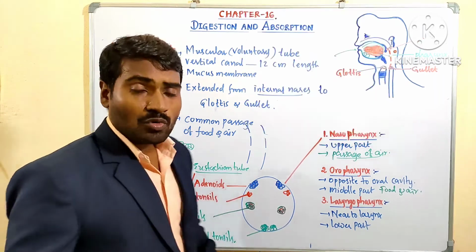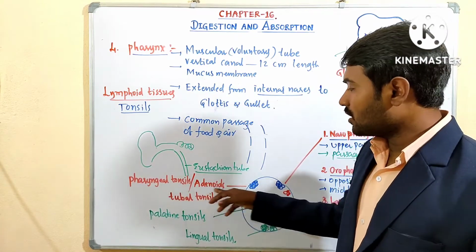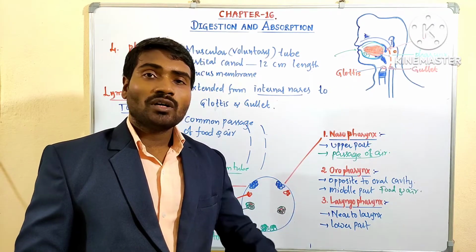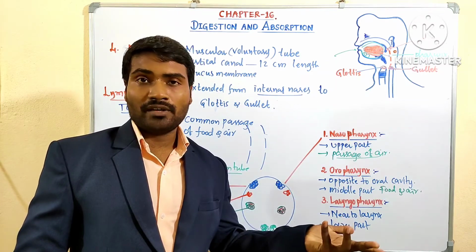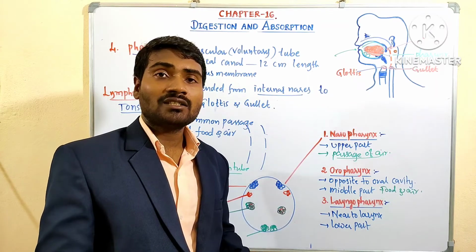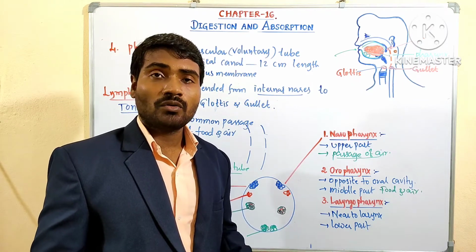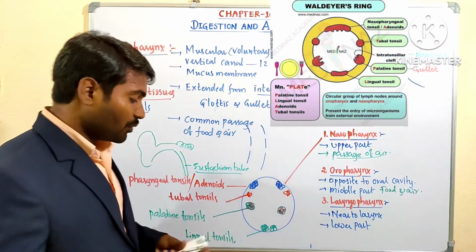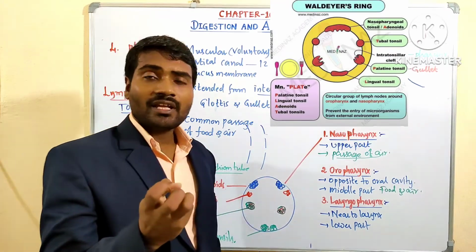Almost all the tonsils shrink with age. Especially pharyngeal tonsils, the adenoids, after the age of 5 years go on decreasing and shrink in size. By adolescence, they will completely disappear. Because these are very active at the younger age to receive food which contains bacteria and microbes, those will be killed by these tonsils, because these are parts of the lymphoid tissues. They produce specific types of antibodies. Almost all the tonsils shrink with age.